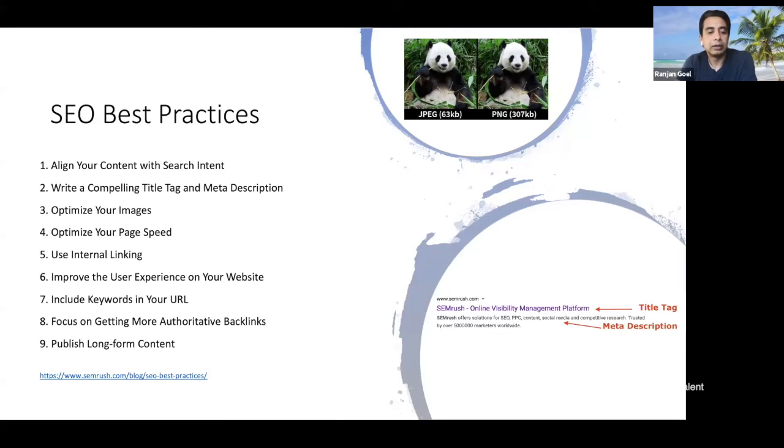Then the other thing is, both 3 and 4 speak to the same thing: Google's search engine algorithm uses the page speed.